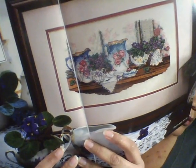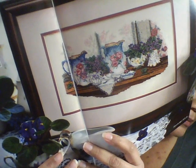Violet Vignette. Oh, this glare. There you go. Looks like some African violets in there. Speaking of African violets,